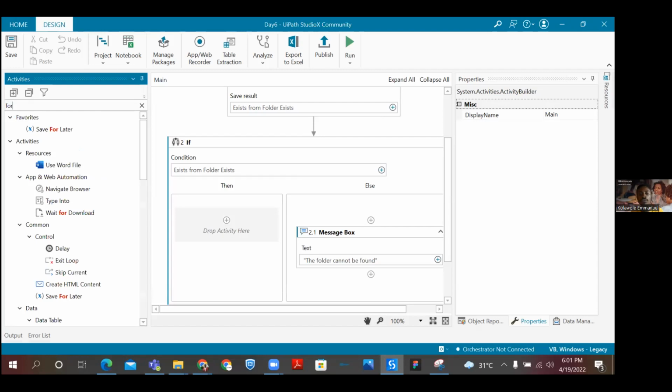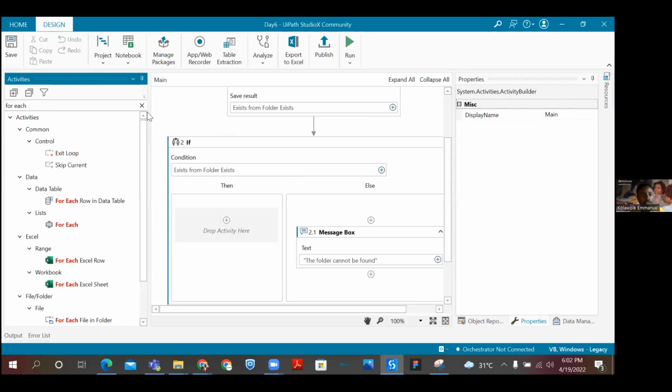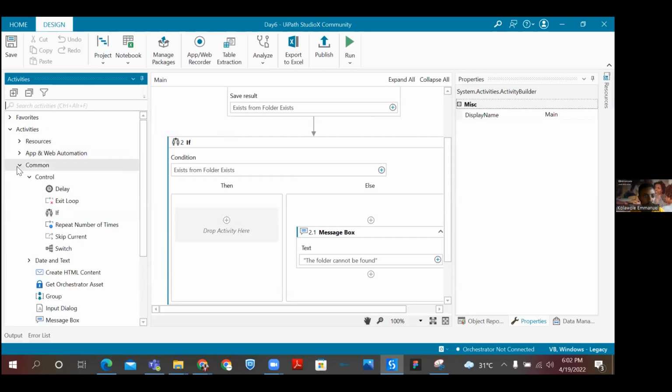iterate through the files in that folder. Instead of me coming, there are different ways we can do this, but this is the best way to do it. Or, let me not say the best way, this is a convenient way to do it because most of us on this call are not coming from a programming background. Okay, so we're going to look for each. Also, for each activity is found where? In the common, this place, common. So let's,